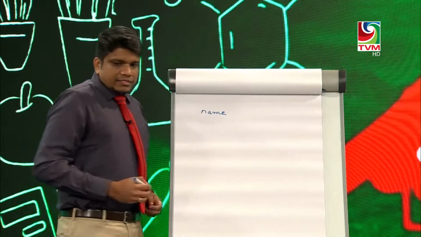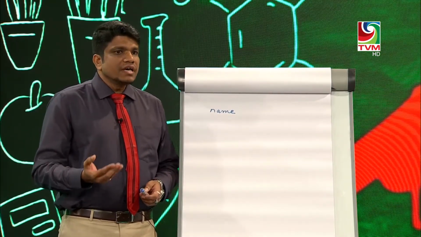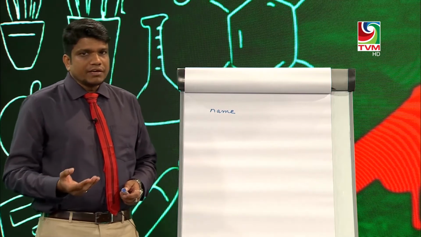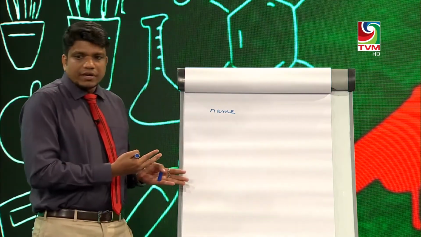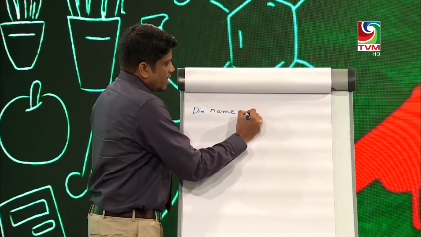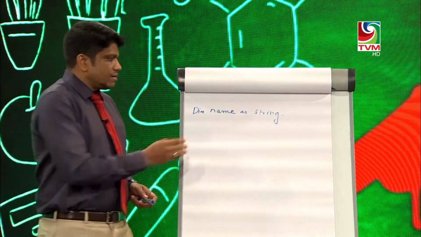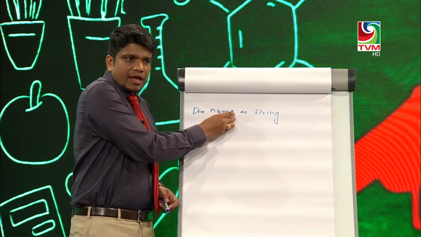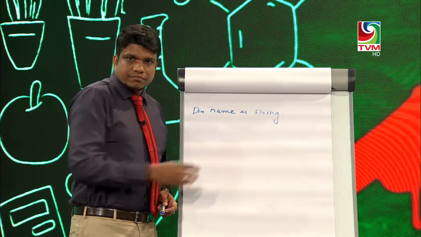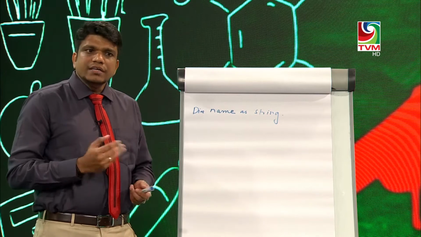Consider I am taking an example of a variable like name. As I already mentioned, each school is using a different programming language. When you are using a variable, first we have to declare that variable. How will you declare the variable? I am taking Visual Basic, so I declare the variable as Dim name As String. Here we are declaring a variable called name, and it will take a string. A string is a combination of alphabets and numbers.